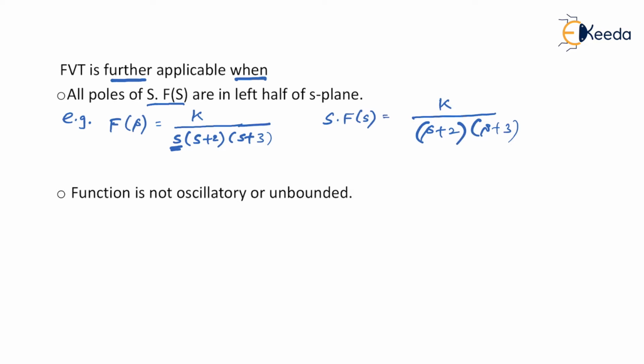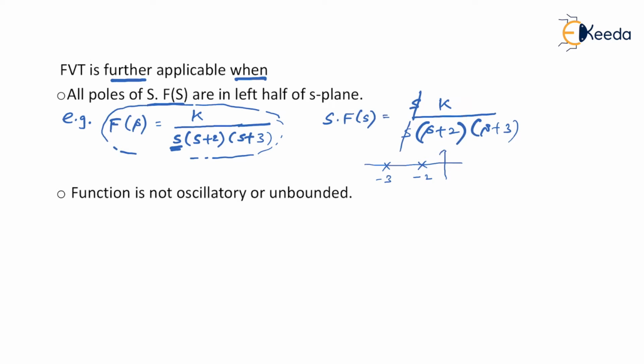So when you say F(s) is equal to this, if you want s times F(s), you have to multiply s on both the sides. What we had in the denominator was s, so this s got cancelled. As you can see here, there are two poles. You know how to get poles, by equating the denominator to 0. So when you equate the denominator to 0, (s plus 2)(s plus 3) equals 0. You'll get two poles, one at -2, the other at -3. So poles are at -2 and -3.